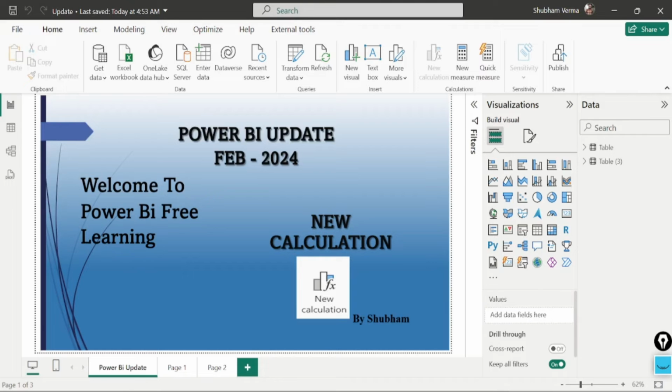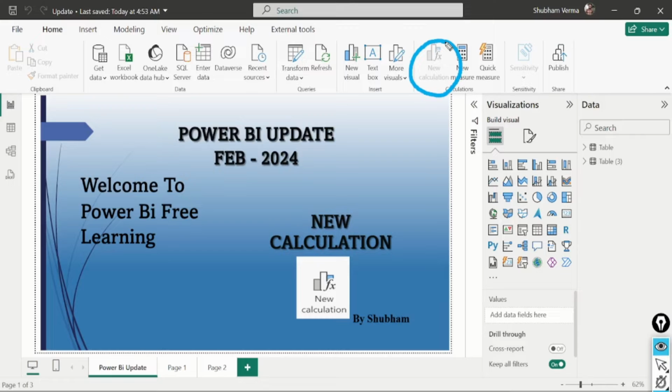As we know guys, under this playlist we are only able to see Power BI related updates. So in Feb 2024, Microsoft has introduced one more latest feature of Power BI Desktop, which is named New Calculation. With the help of this updated feature, you can write your complex query in just a few simple steps. This feature will only be enabled if you select a visual. Without selecting any visual, we can't use this feature. Here we can clearly see this feature is disabled this time because we have not selected any visual